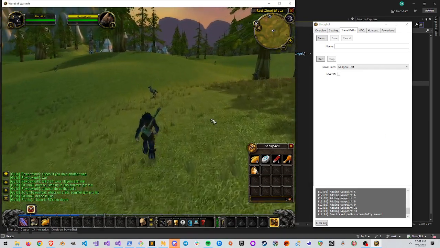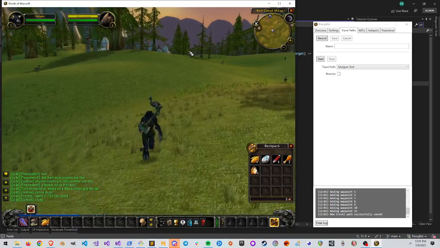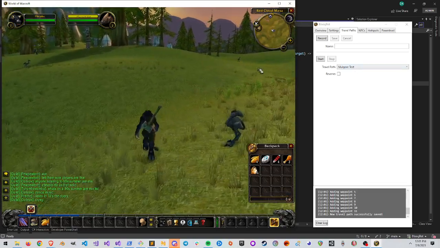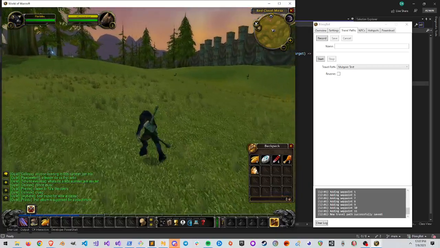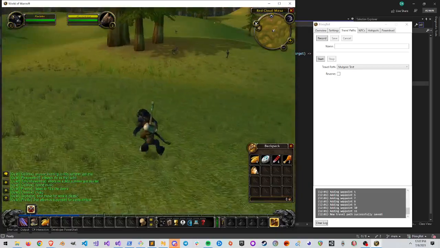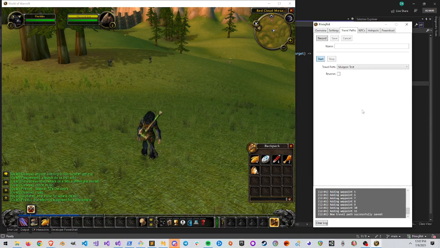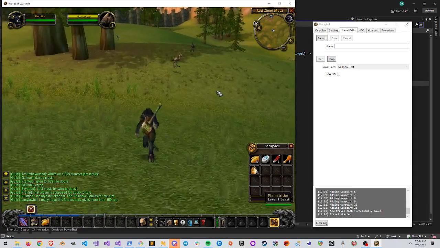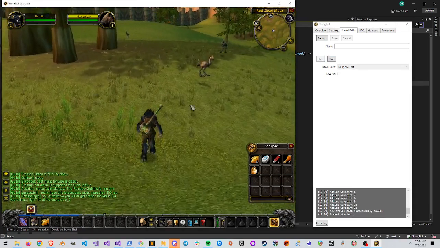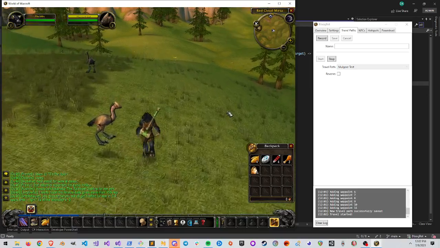And so what this is going to do is it's going to first navigate the bot to the first point in the travel path, and then it's going to traverse the travel path. So if we go back over here and then click start, you'll notice that there's a huge delay when I click start for the first time. The way the navigation library works is, the very first time you invoke the navigation library,